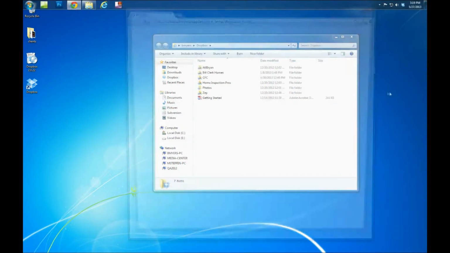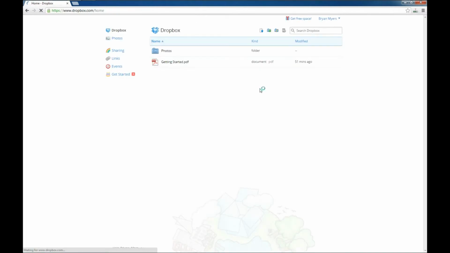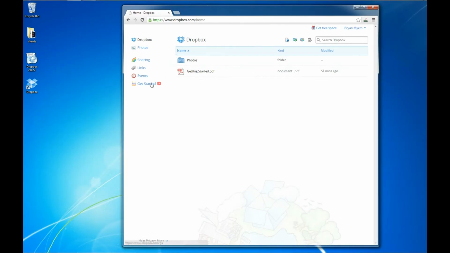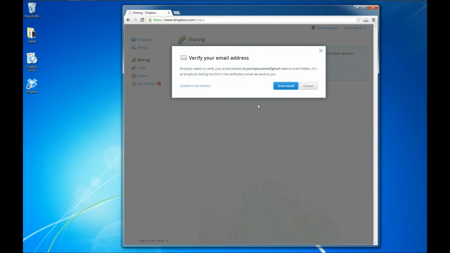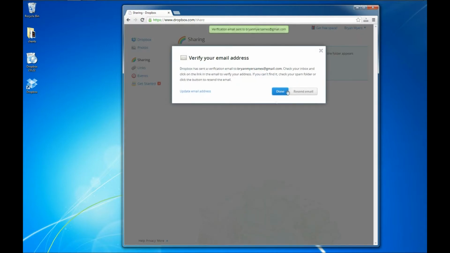Let's go ahead and go back over to the Dropbox website here. And here's my Dropbox folder up on the website, and you can see there's some folders here. It's still bringing in some of those other files from my desktop, but now I can get access to these files anywhere. I can also share with other people. I can start a shared folder here. And it looks like it wants an email of